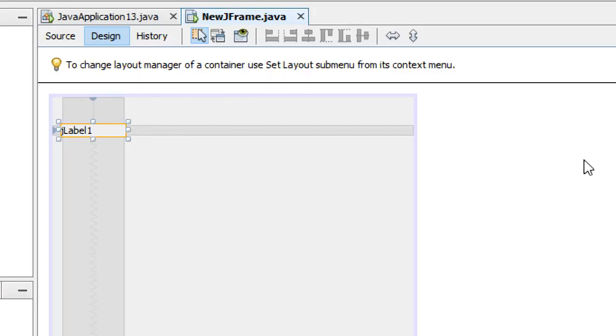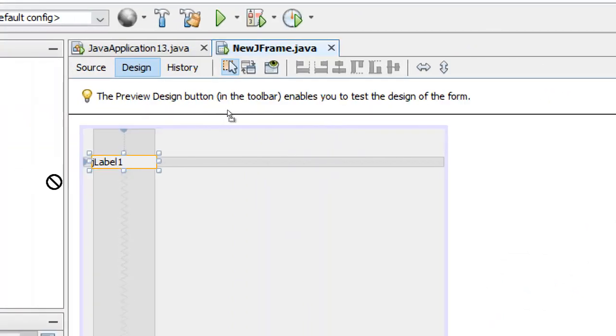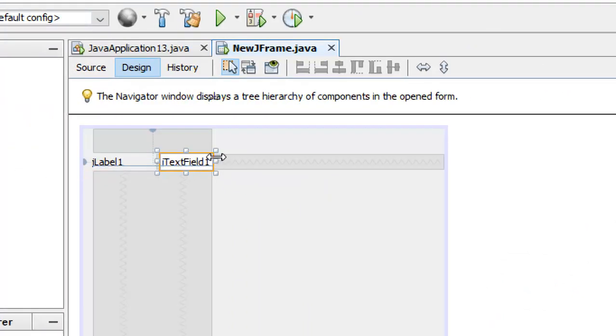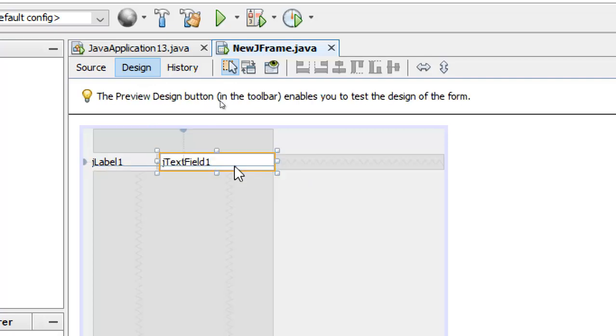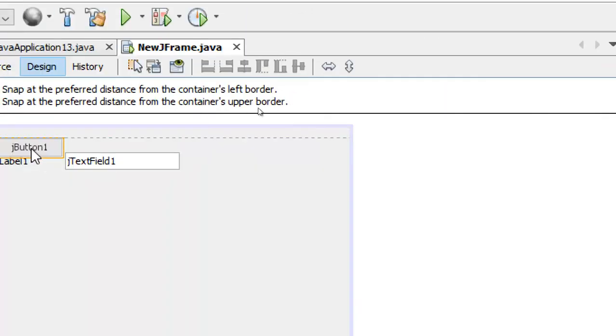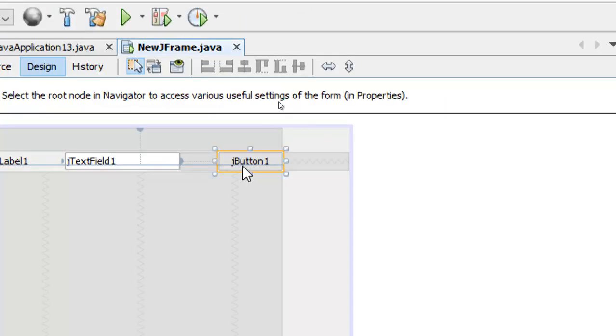You can also put a text field on your form. I can drag and place a text field on my form. You can also drag a button and place it on the form.